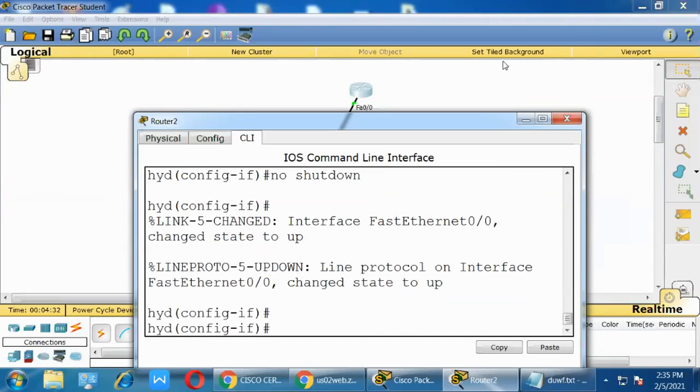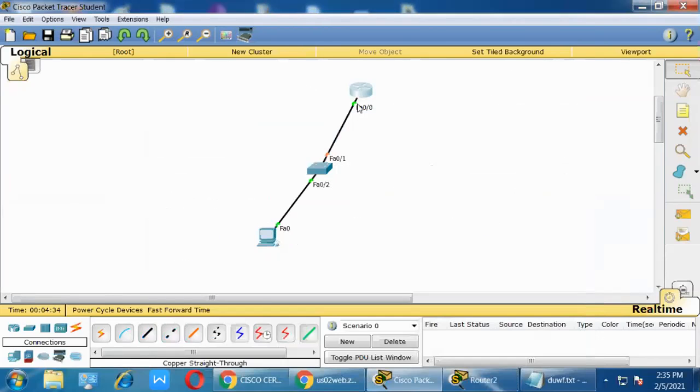Now see here, the link is green. Everything takes time. Why does it take time? When we learn the switch topic, at that time you can understand why it is still orange color and takes time to go into the green status. Why it takes time and how much time it will take, we will discuss. Now it's becoming green, right?